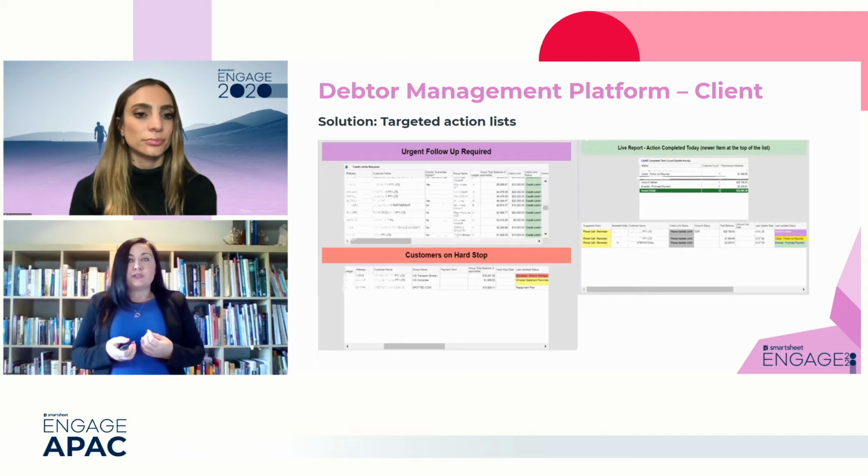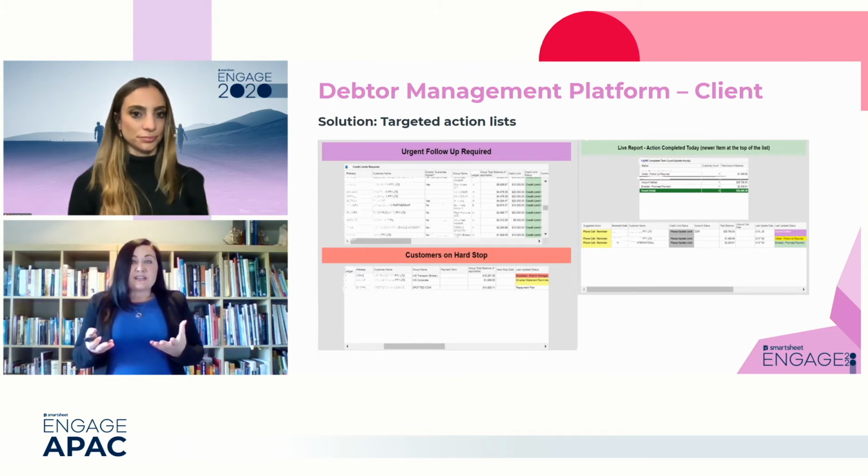This Smartsheet solution uses many of the additional tools I mentioned previously. It promotes proactivity by catching debts at many milestones, because we can put customers on soft hold and hard credit stop and manage this. We can also manage converting customers to direct debit, as well as failed payments. It definitely facilitates organisation because we're able to allocate specific customers to specific people in order to maintain and build rapport. There's an accountability that's built in with live tracking of the number of calls that are made, the emails that are sent, all based on the individual.